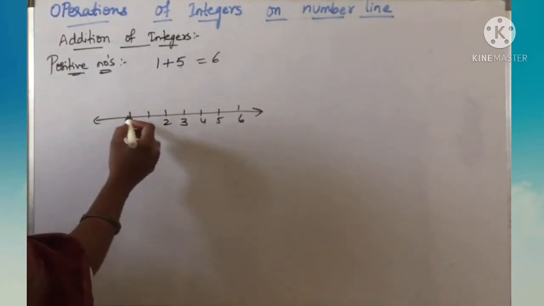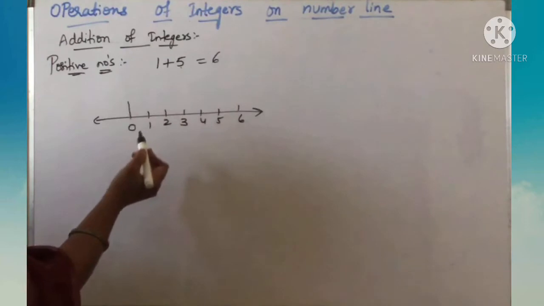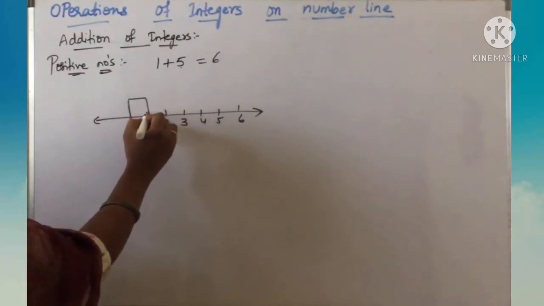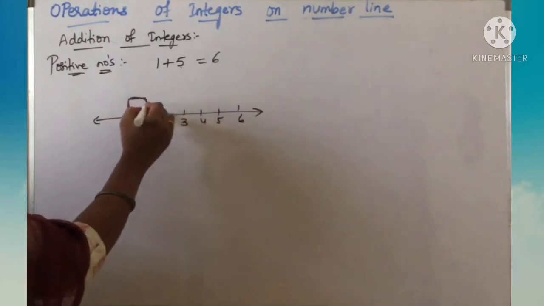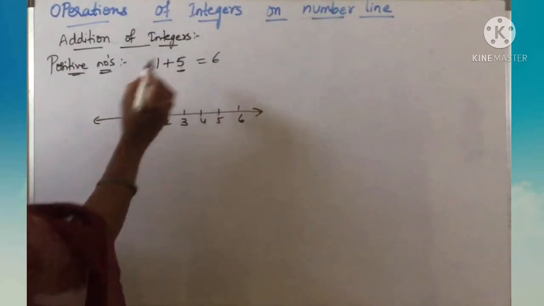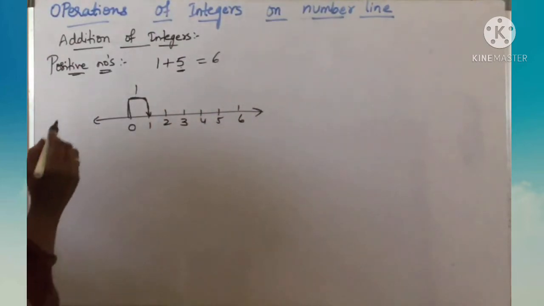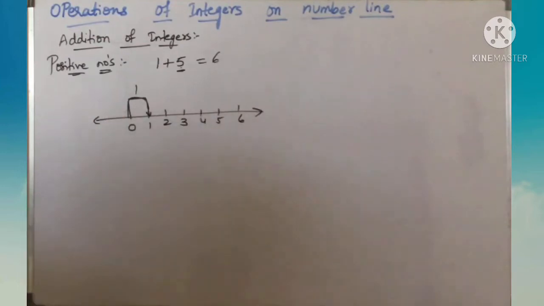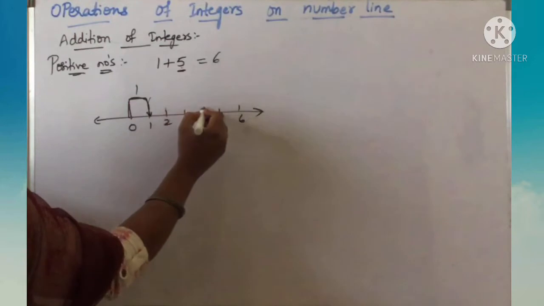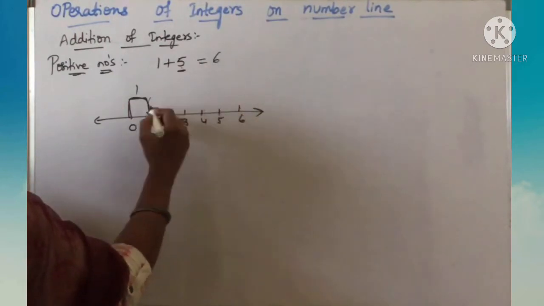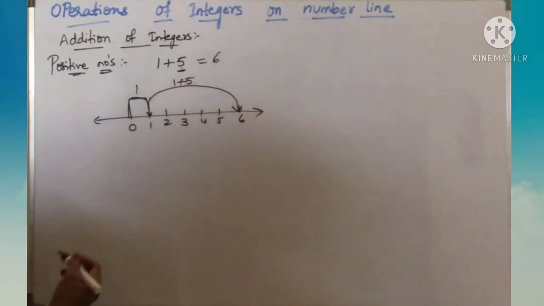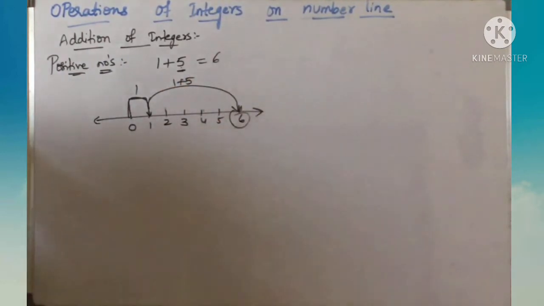How to locate 1 on the number line? I will take from 0. Any number, from 0 you start. So 1, how do you locate? Here 0 to 1. This is 1. Right? Next, then move 5 places. Second number is 5 now. We should move the 5 places to the right, which will give you 6. Here if I move from here 1, 2, 3, 4, 5. So here it will come. So this is 1 plus 5. So finally you will get the answer as 6.